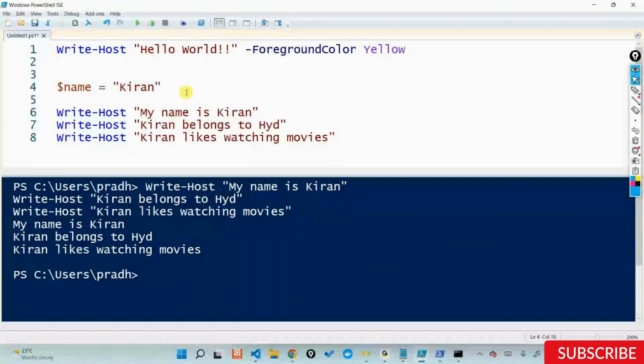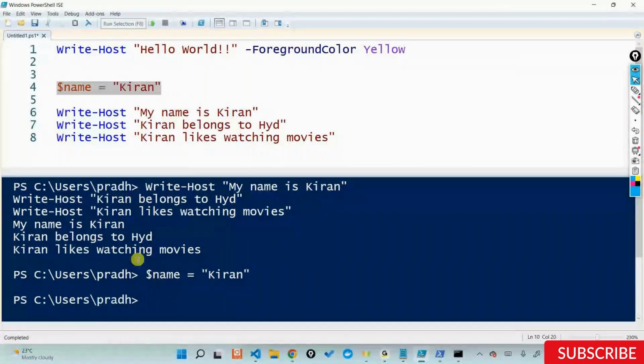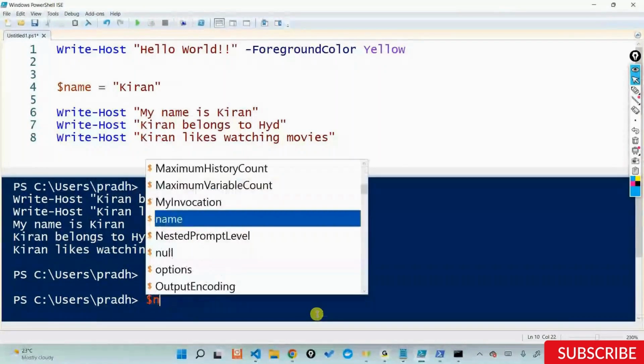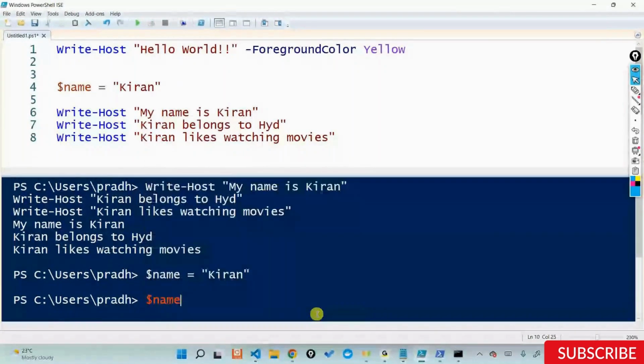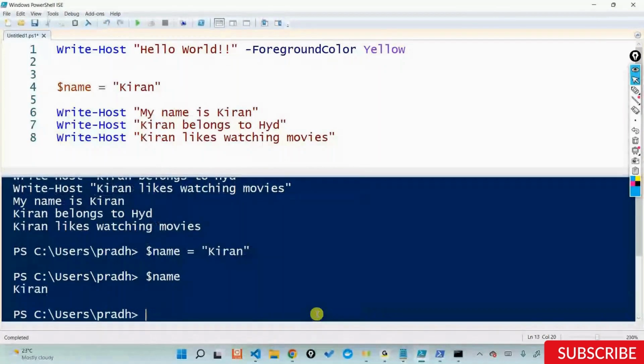And if I execute this, so I'm selecting this line and executing it. Now PowerShell knows that dollar name is equal to Kiran. This is a user declared variable, or user declared parameter, called dollar name with an assigned value called Kiran. And what I can do here is that in the output console, I say Write dollar name and press enter. You see what is the value that I'm getting here? Dollar name is not just dollar name. Dollar name holds a value called Kiran.